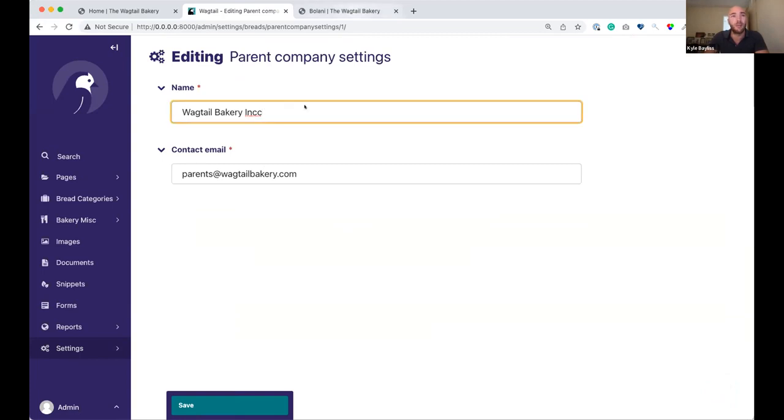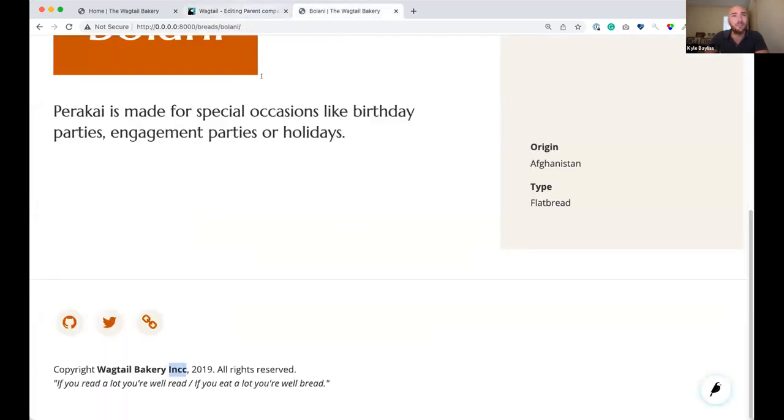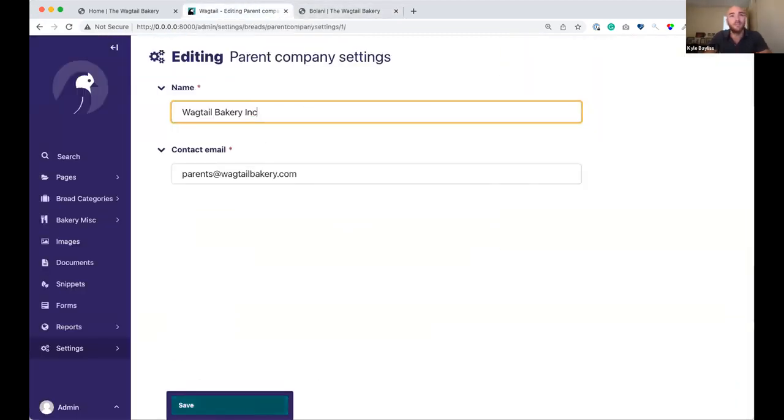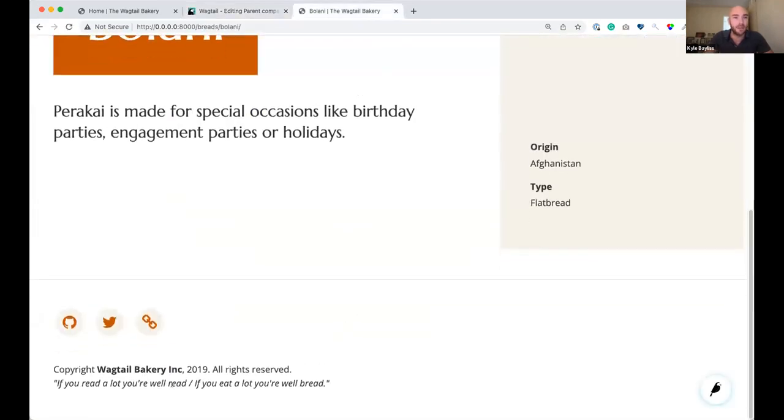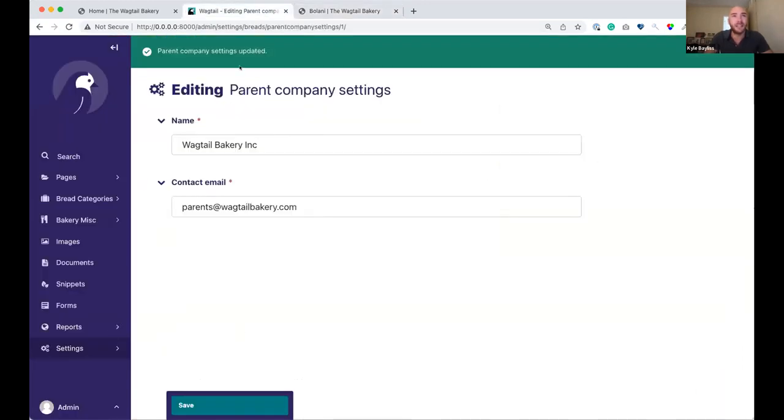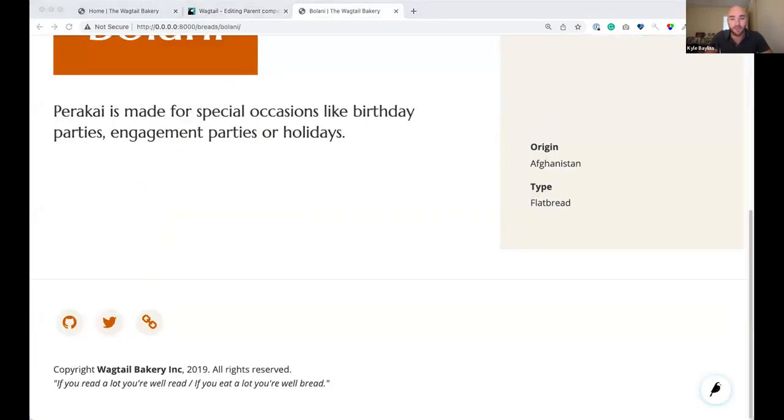So we can see that there's another typo. We can correct that. Click Save. And the typo is updated. And if I go back to this, I can see that, so if I just change to the French version